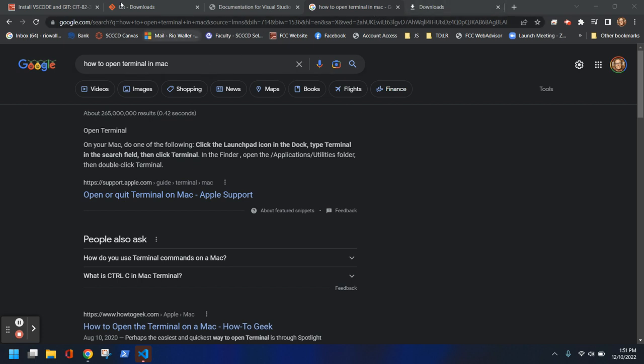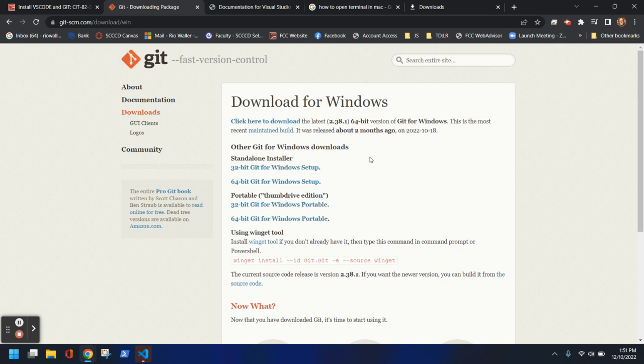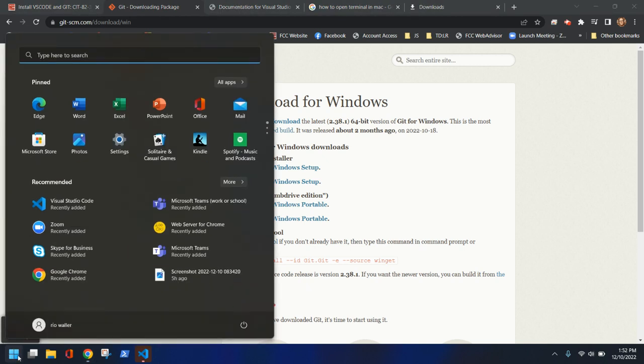Okay, so I'm going to go ahead and have this start downloading while I go look at, I'm going to minimize this. That's going to start downloading. Oh, I have to actually select which one. Now for me, I have a 64-bit Windows setup. And how you find that out, if you don't already know, actually the best way